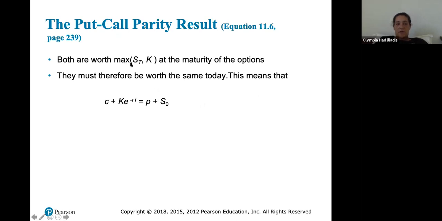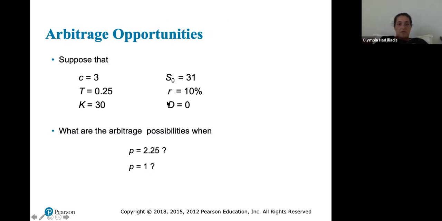So both are worth the max of ST and K at the maturity of the options. They must therefore be worth the same today. This means that the call option plus the present value of K, the bond, today, should be equal to the put option plus the stock at inception. And so we saw that there are arbitrage opportunities